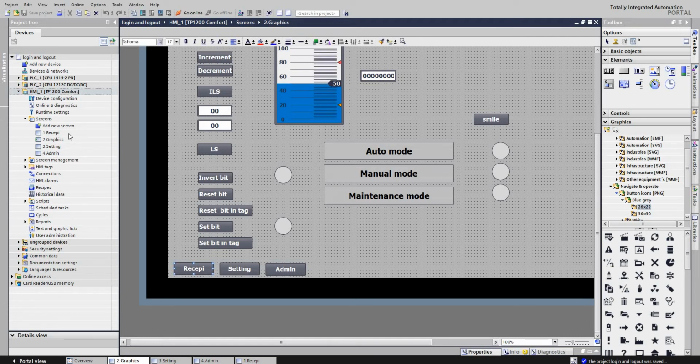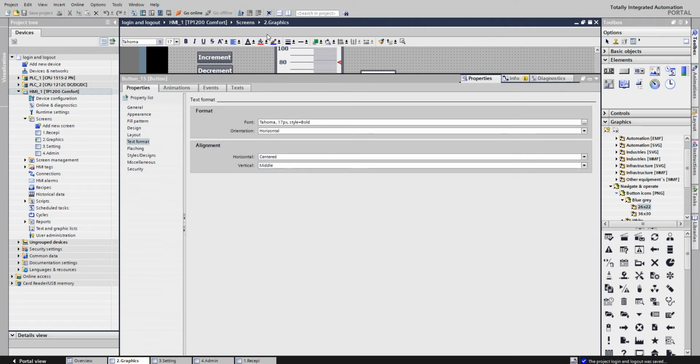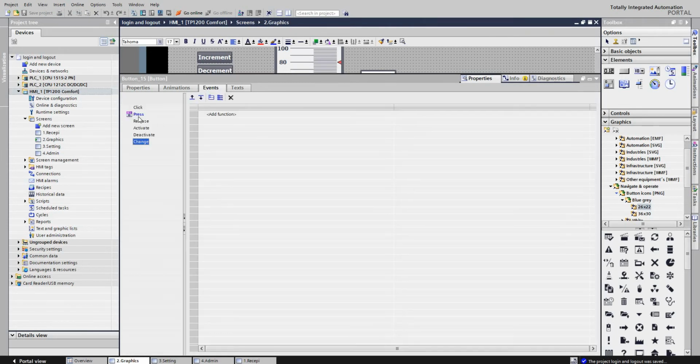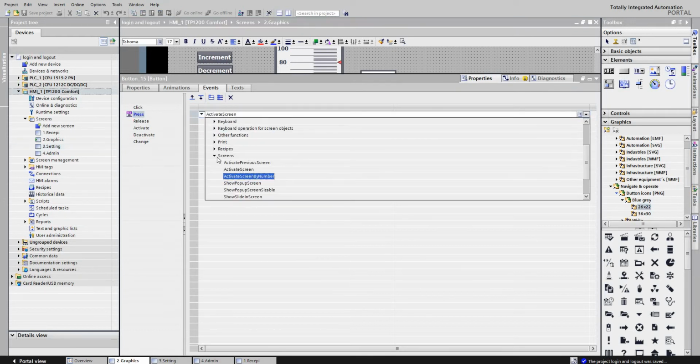सो आई हैव ओनली 4 स्क्रीन्स लाइक रेसिपी, ग्राफिक्स, सेटिंग एंड एडमिन. तो हम इसको एक्टिवेट स्क्रीन कैसे करते हैं, everyone knows it is a very simple function we can say. So what we do, we go to press screen, and in screens we have activate screen,